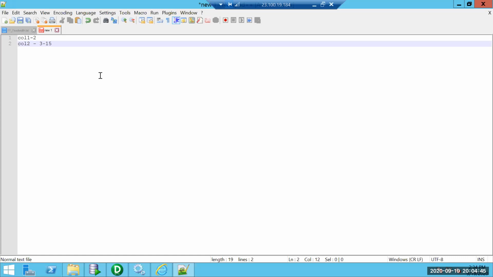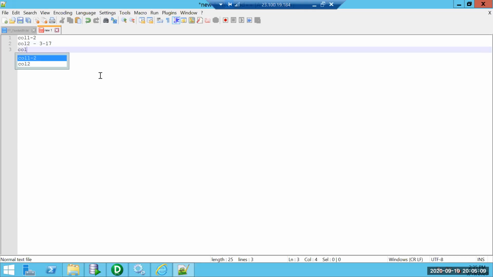So 3 to 17 will be populated. We need only 15 characters, right? 8 here and then 7 here. 2 plus 5, 7. Yeah, perfect. So 15 plus 2 is 17. 3 to 17 will be stored in column 2.